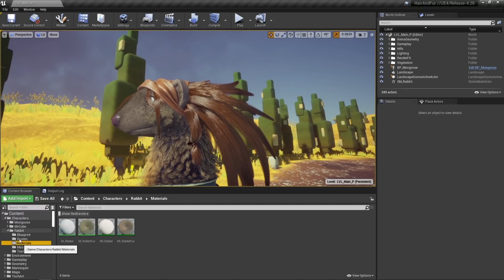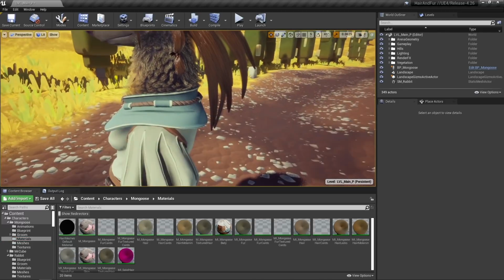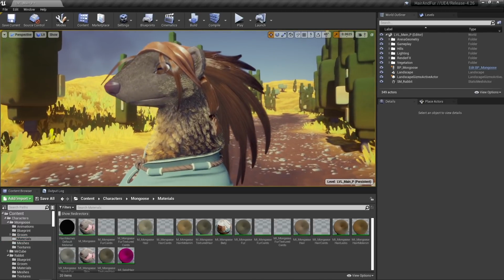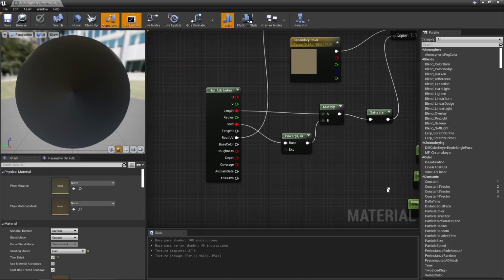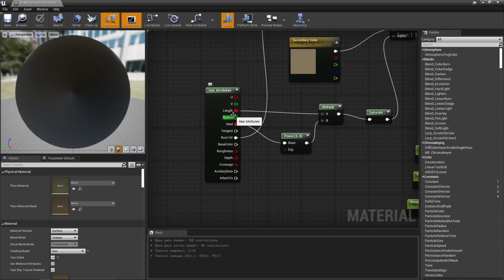So jumping into the materials of the mongoose or the meloncillo, like we call it in Spain, what we have is this mongoose material that is set to hair shading model. And as I mentioned, we have a hair attributes node, so we can read from it the UVs, the length, radius, the seed value to randomize stuff.